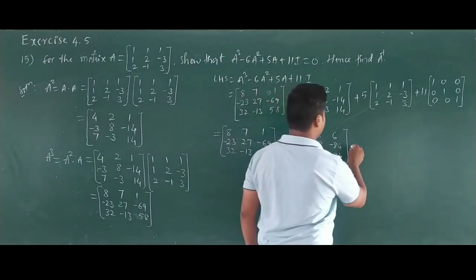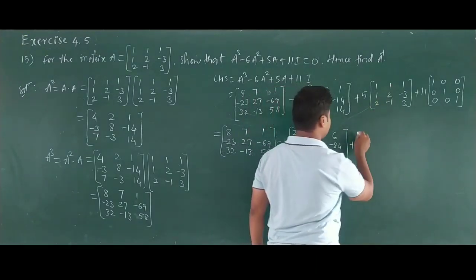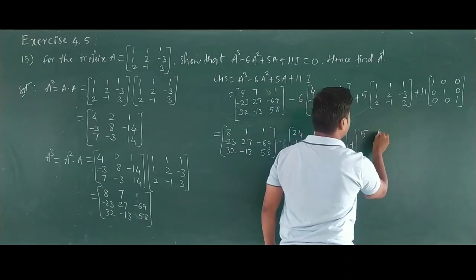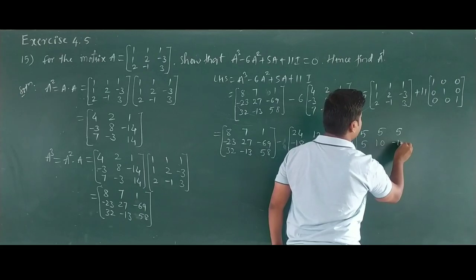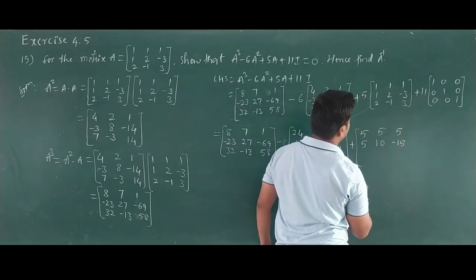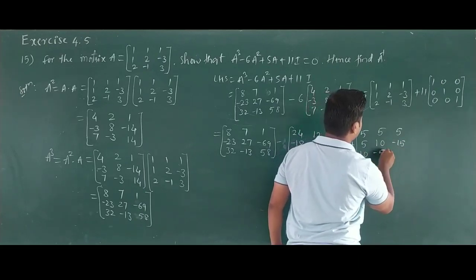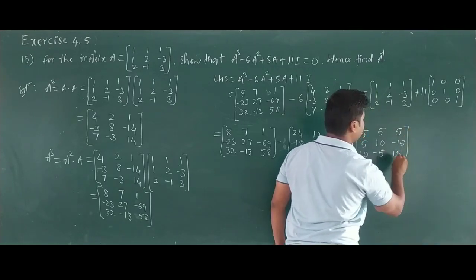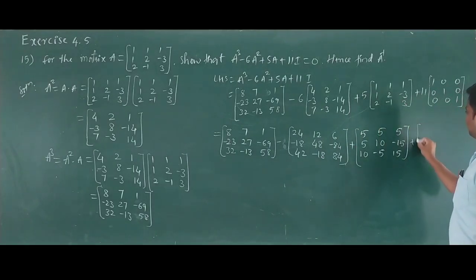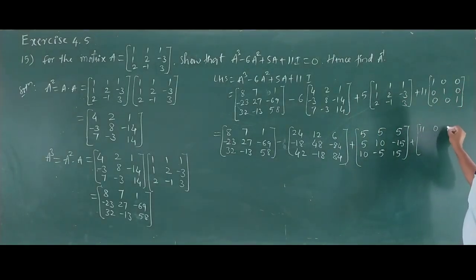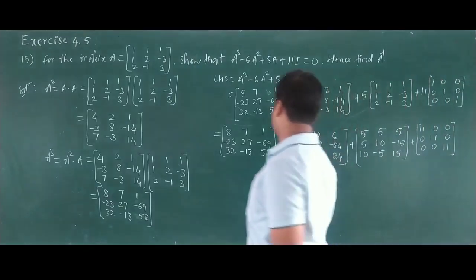84. Plus 5 multiplied by the terms here: 5 5 5, 5 10 minus 15, next 10 minus 5 15. 11 multiplied by 11 0 0, 0 11 0, 0 0 11. Simplify all these terms. You will get